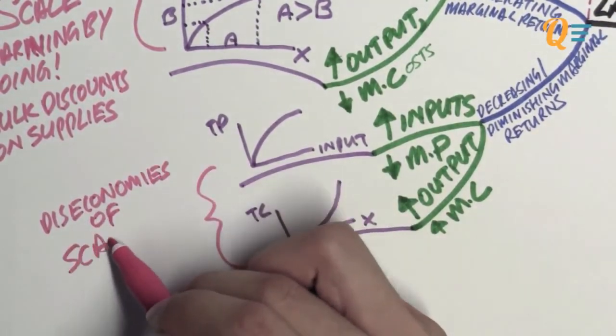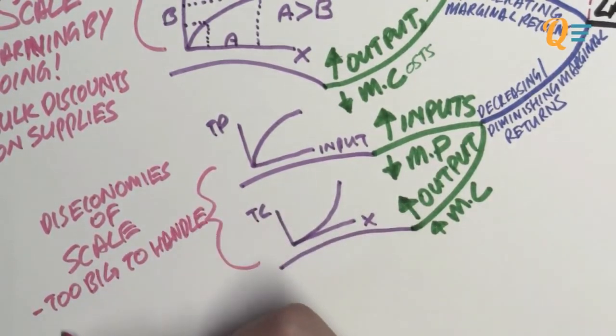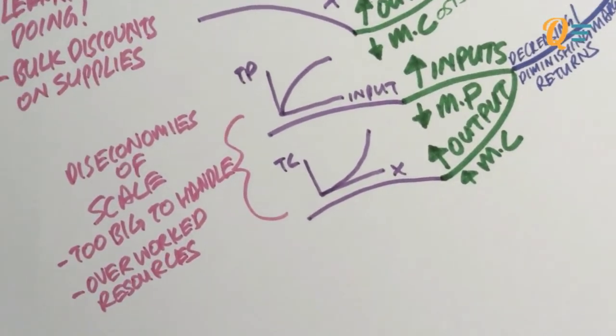So this is known as diseconomies of scale, and it might be due to a business being too big to handle, or the company might be overworking its resources. So workers are going to get more tired, so they work slower, machines might break down, so you start to mess up after producing too